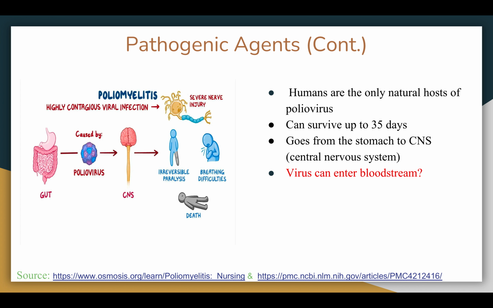Once it enters through our oropharynx, which is our nose and throat area, it starts to multiply and incubate in the body, which lasts from about 2 to 35 days. It just depends on environmental factors, I'm sure. There are some theories I saw in the sources that scientists believe the virus can enter the bloodstream and then invade our tonsils. After about 3 to 5 days, the virus will be shed in your stool, and you can swab someone's throat from exposed patients and it will still be there. Following this, you can be asymptomatic, or you can get small bouts of other illnesses like gastroenteritis, respiratory infection,